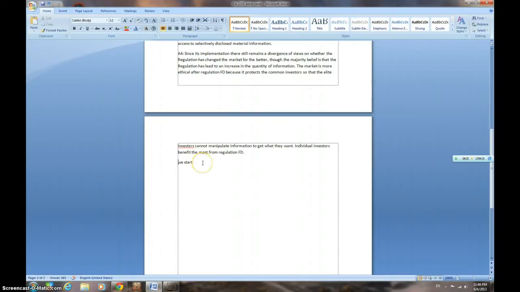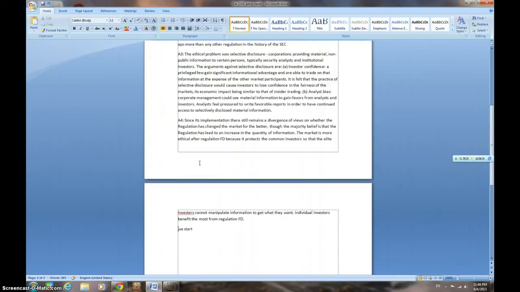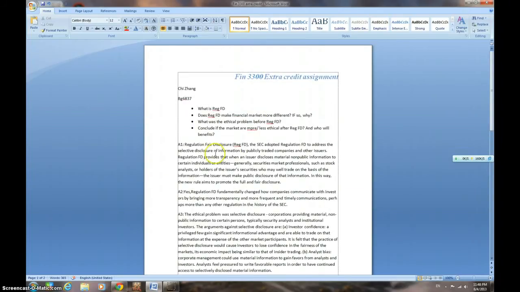Another one of the most used functions under the Home tab is the Format Painter. It is used when you want to apply a certain format to the selected text. So let's say if I wanted to change my whole paper to the format of the title, I first select the title and then I select Format Painter